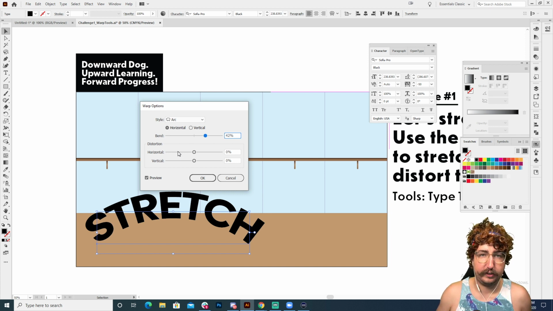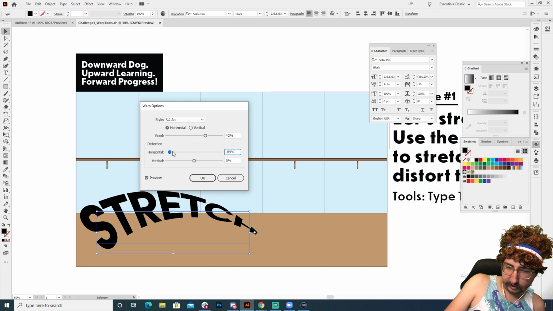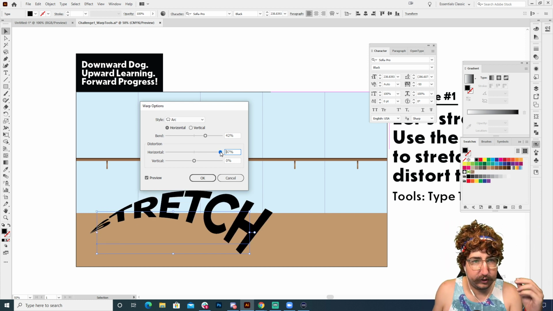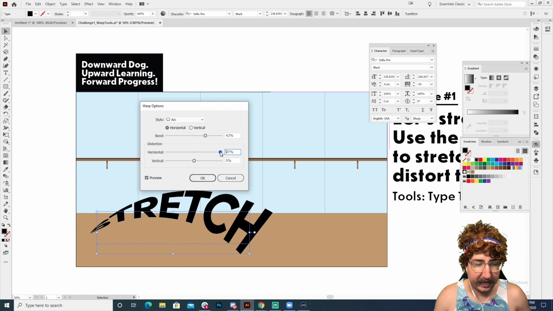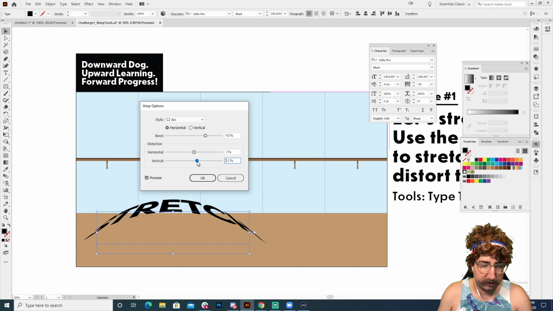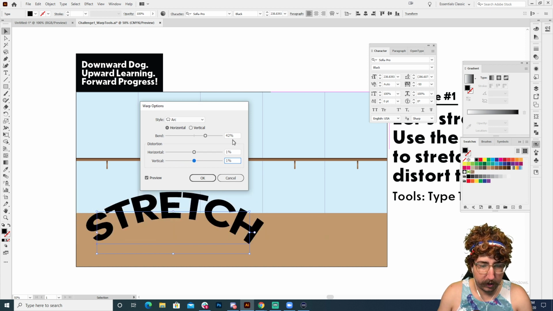We want it to have that stretch. But I'm going to play around with the distortion, and pulling the horizontal to the left, we'll see that it starts to stretch to the left a little bit. If we stretch it to the right, again, it's going to take that and distort so that it feels like the right is coming at us a little further. If we do it vertical, it's the same thing except with the top and bottom, right? Stretching out. So that's not quite what I want.